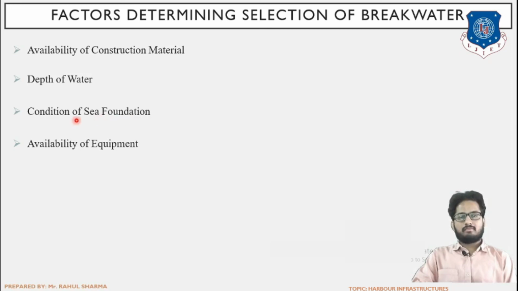When that criterion is not satisfied and soil that can sustain that much load is not available, we might have to switch to another type of breakwater. Also, in some cases, for constructing breakwater, as will be seen, rocks are needed. So for a specific type of breakwater to be recommended, we have to make sure that rocks are available in the vicinity, in the nearby area. Then and only then can we suggest that type of